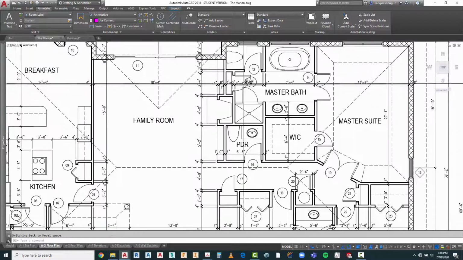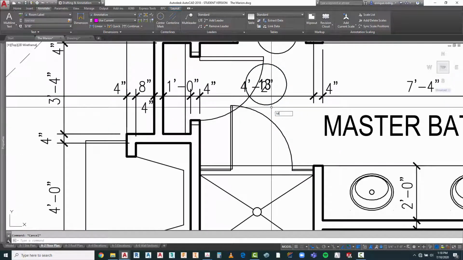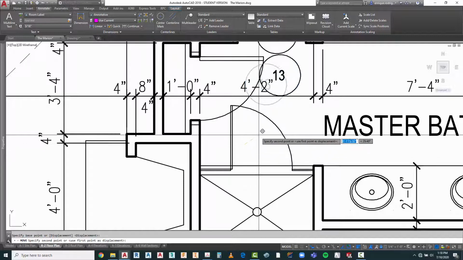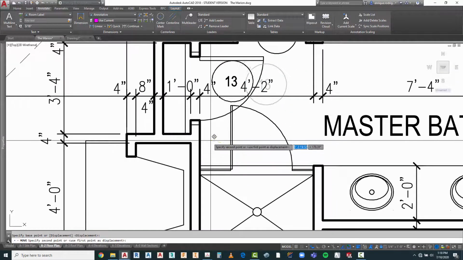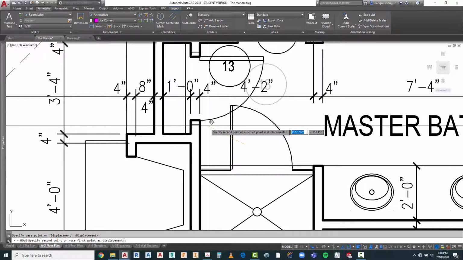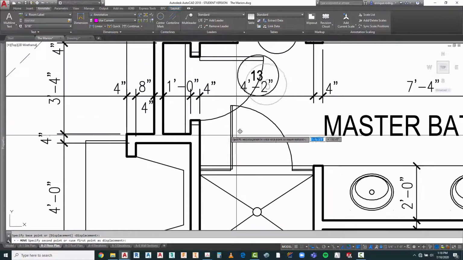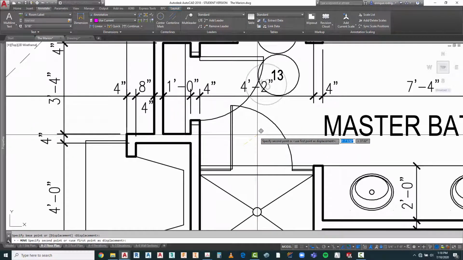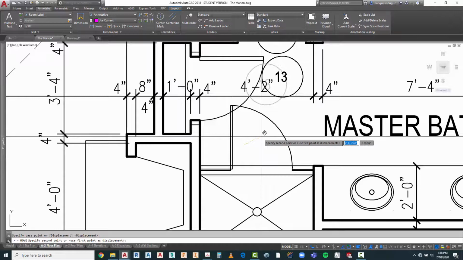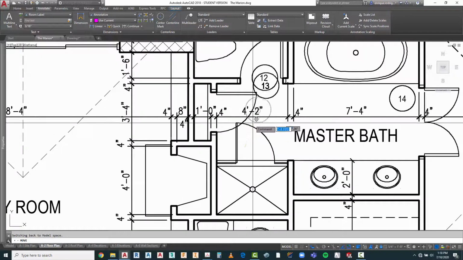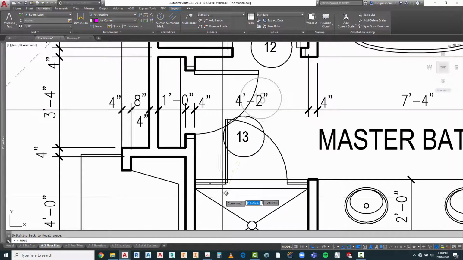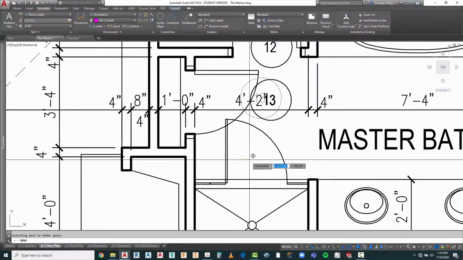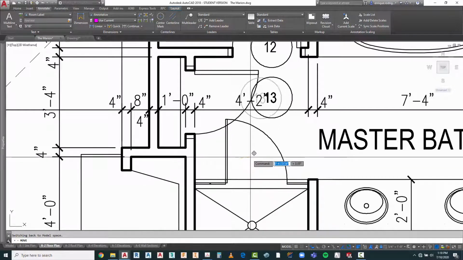So as you can tell, as we go, we are fine-tuning some of this stuff. Okay, and let's go ahead and put that one here, but to where I'm not really getting in the way of too much. I don't want it conflicting with this one, and this one's going to be a shower door, so that one we're not even tagging. So I'm going to go ahead and put this one here,